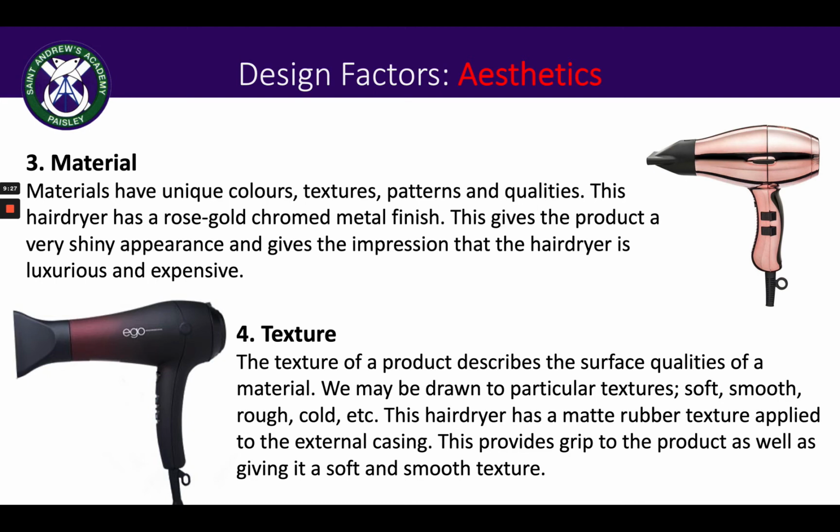The fourth one, you could talk about the texture. On the bottom right, we've got that kind of reddish black Ego hairdryer. The texture of a product describes the surface qualities of a material. We may be drawn to particular textures, whether they're soft, smooth, rough, cold. This hairdryer here has a matte rubber texture applied to the external casing, and that provides the grip to the product as well as giving it a soft and smooth texture. So it looks quite smooth and quite elegant because of that texture. It doesn't look rough, it doesn't look uninviting. These are other things you can talk about in terms of